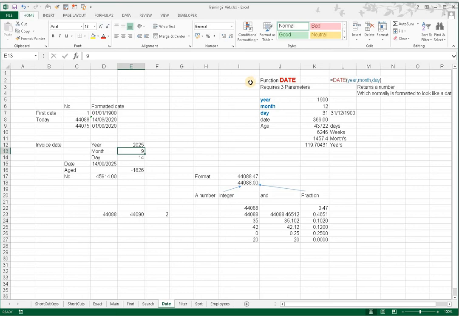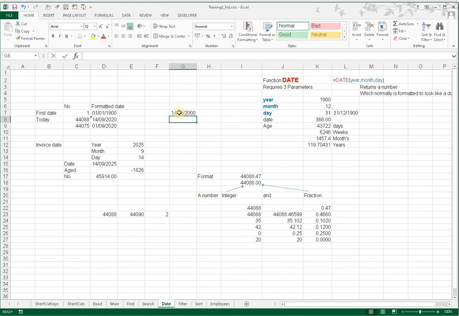So to recap, the date function needs three parameters: year, month, and day, in that order, and as we type it out, it will come and ask the parameters for us. So the first parameter that comes up is the year. If I put in the year and I press the comma, it will automatically move to the next parameter, which is the month, and I can make it the 9th and press a comma, and now it's asking me for the day. So if I put the 14th and close the function,